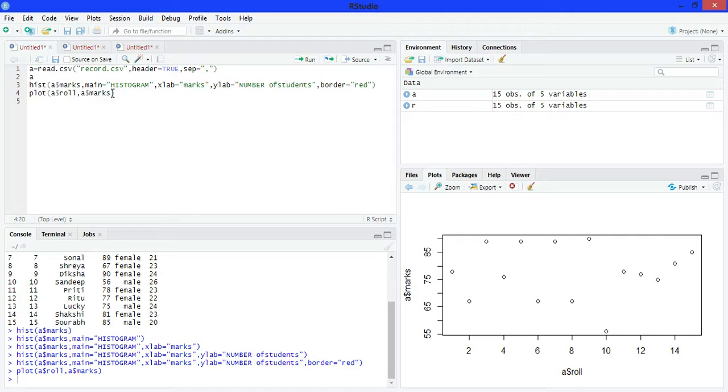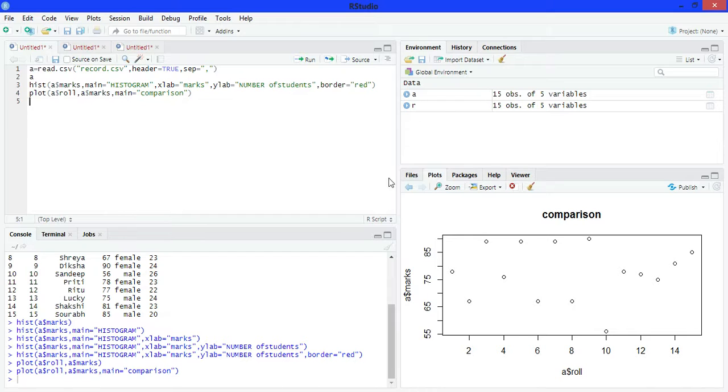We can also name this plot using main. Main is equals to, write comparison. Run it. See here, comparison.